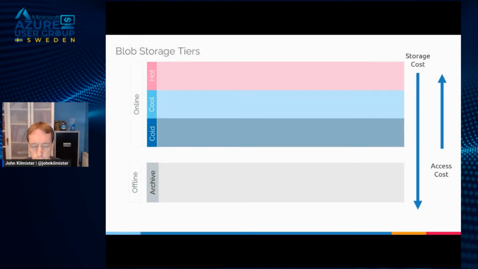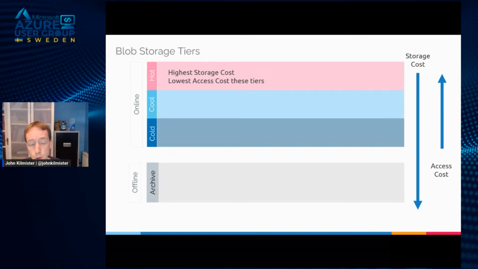So I've mentioned that we've got these 4 tiers, but why would we pick one over the other? Well, it's all about compromise and deciding what's best for your use case. No one tier is better than another tier outright. It all depends on what you're doing. So in the hot tier, we have the highest storage cost, but we have the lowest access costs. So if you've got an application where you're writing lots of files, all those files are being accessed on a frequent basis, then hot is going to be the best for you.